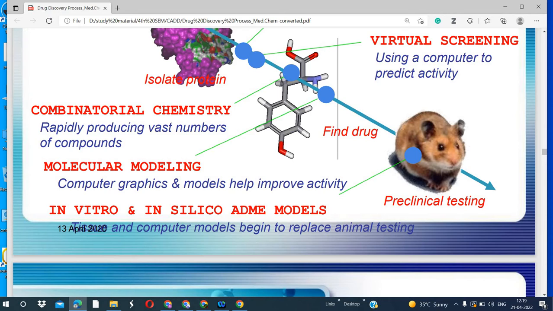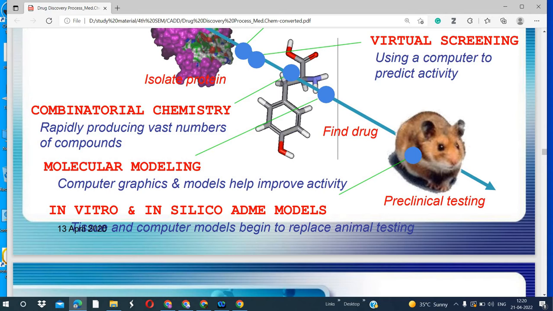This we do for rapidly producing a vast number of compounds. There are combinatorial libraries also that are available online. So you can see the different compounds in the database. You can take them to screen against the target. All this we do in combinatorial chemistry is very helpful, because we have already designed the molecules using different combinations of chemical drugs. So in virtual screening we can use the molecules that are generated by combinatorial chemistry.